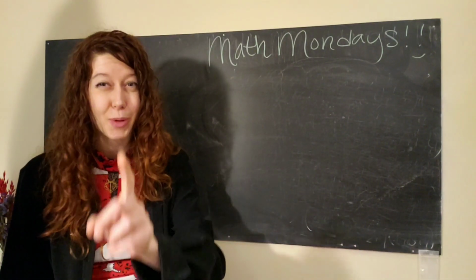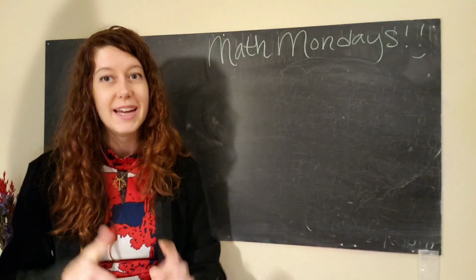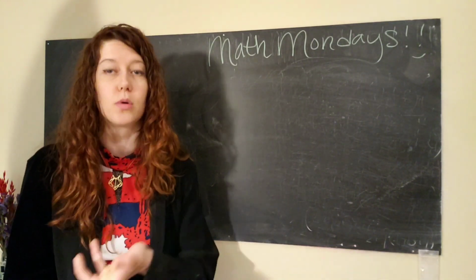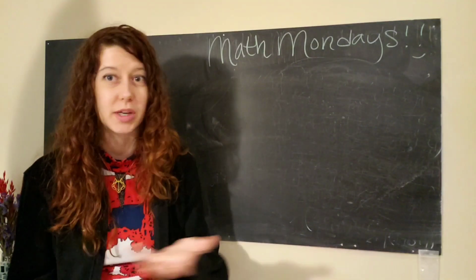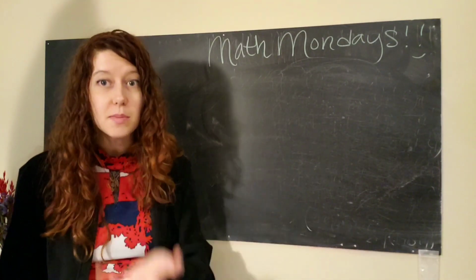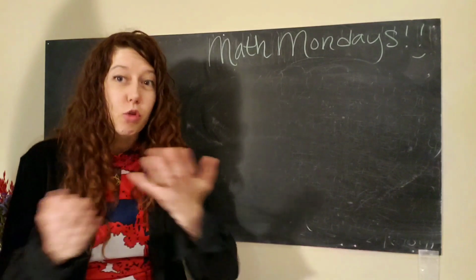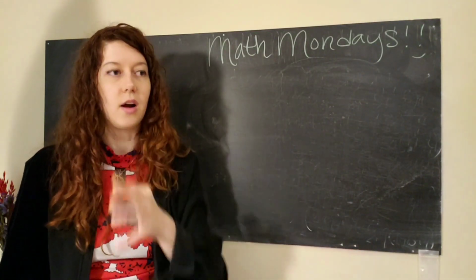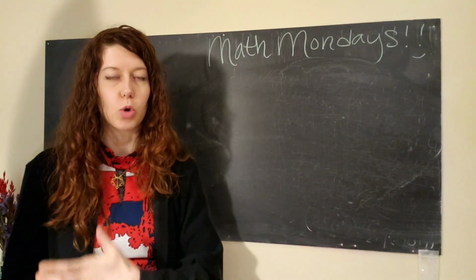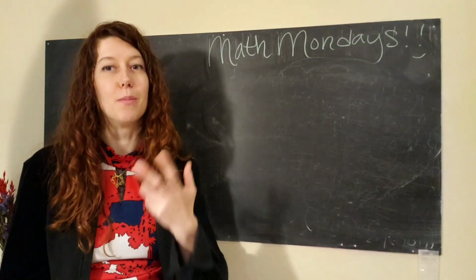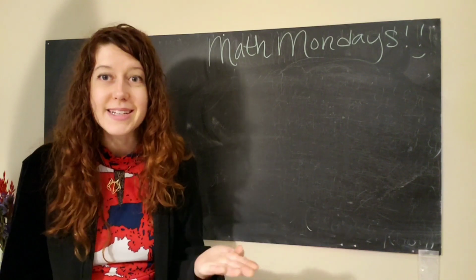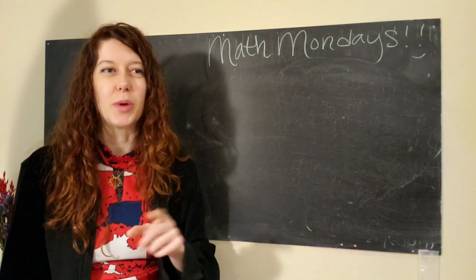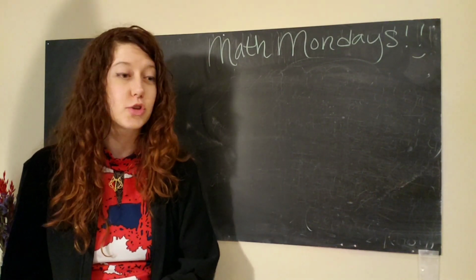But remember, this is probability. So just like flipping a coin, it does not mean that every time we're in a room with 23 people, someone in that room is going to have the same birthday as someone else. It does mean that perhaps every other time you're in a room with 23 people, you'll find that to be true. But again, the more trials we have, the more we'll find that 50% of the time when we have 23 people in a room, two folks will have the same birthday.